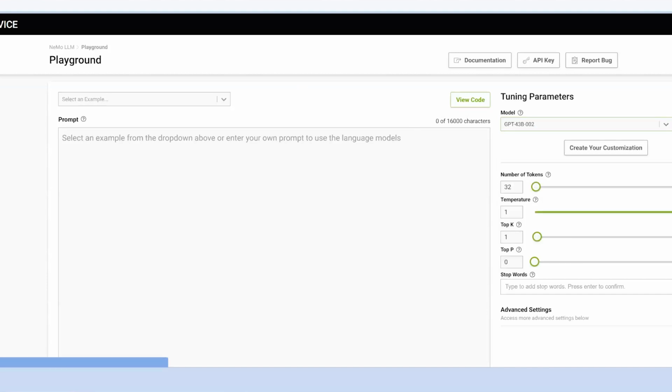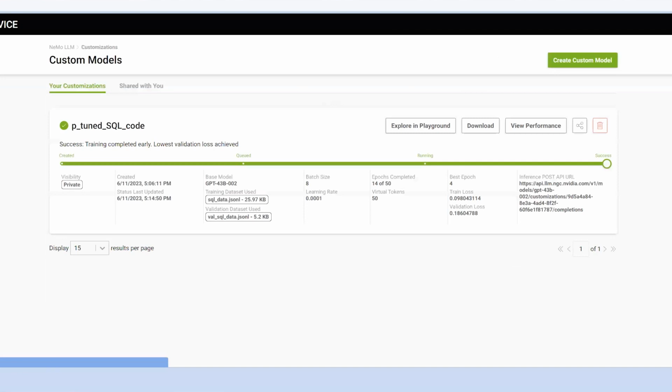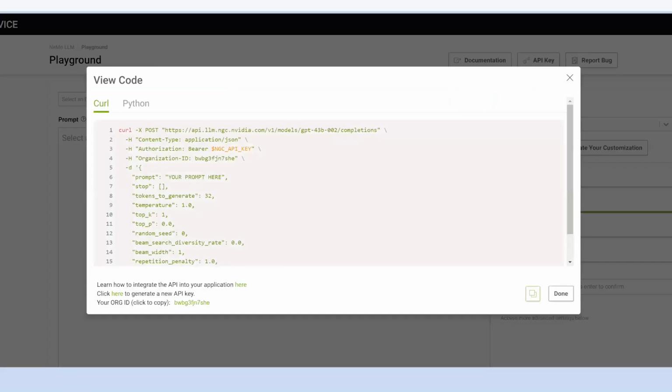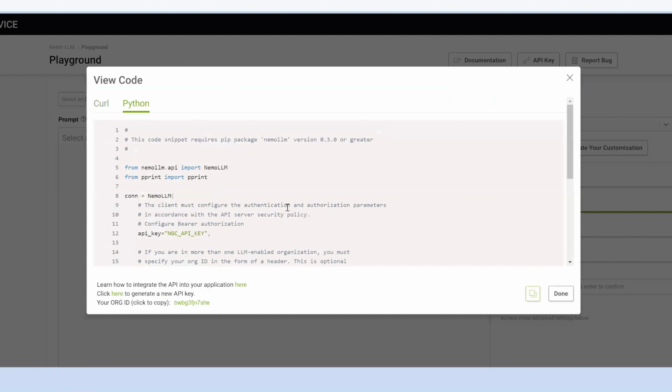Now we have the option to customize the model in two ways. You can customize the model through an API call, or you can do it on your own. You can get the NeMo framework on your data center or in the cloud, or you can do it on an API model also. So let me show you an example, and when I say API call,